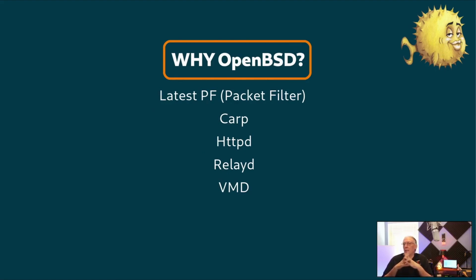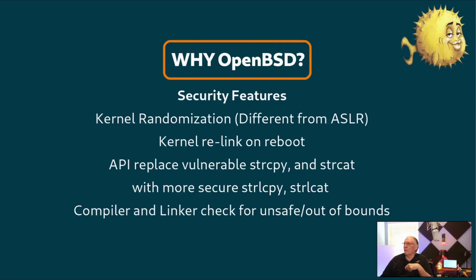So you may not know this one, but the PF packet filter, that actually is in use by pfSense today. So if you're familiar with pfSense, you know of one of their projects that OpenBSD created. There's also CARP, httpd. Now they didn't invent HTTP, of course, but there's relayd and then the virtual machine management system. I don't know if they really consider their VM production ready yet, but it's still in development and they're still working on it. I don't know if they actually consider that production. If somebody knows, you can leave a comment below.